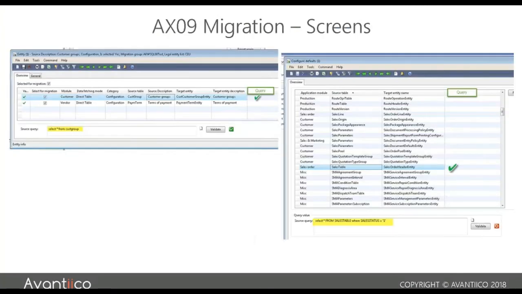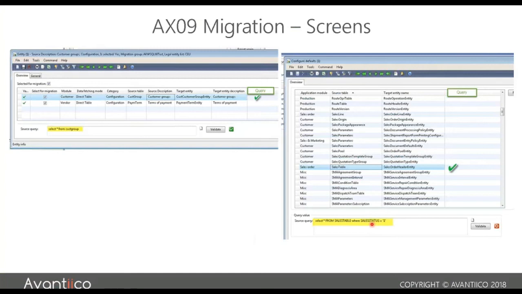So in this example screen, we took the Excel file and imported it into the defaults, and you'll see on the right-hand side, if you want to bring over your open sales orders, this is it right here: select star from sales table where sales table is 1. And you can modify that. If you wanted to include only sales orders that exclude journals, or exclude return sales orders, or maybe bring over fully invoiced ones for the history, you have the option to modify that one there.